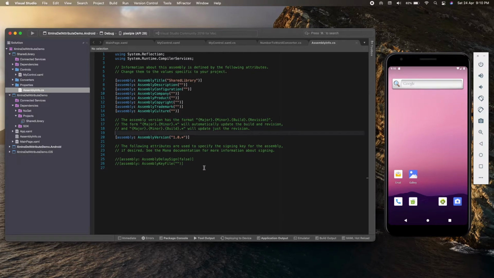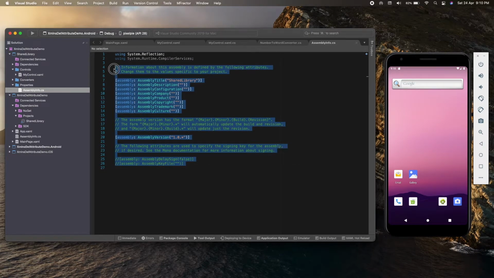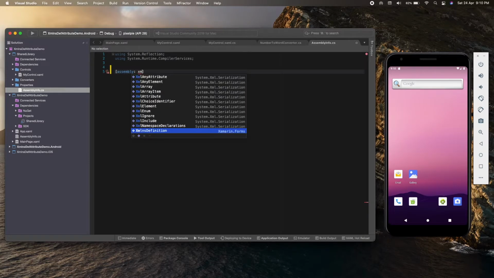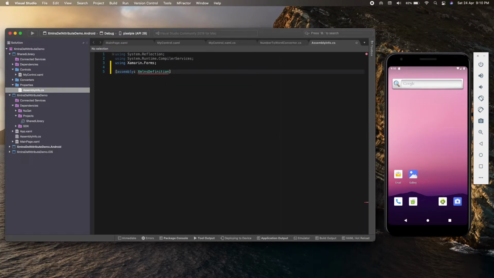Okay, let me delete this content, and now here we can add the XAML definition attribute, assembly colon XAML definition. Here, as you can see, it is expecting a XAML namespace as a first parameter.